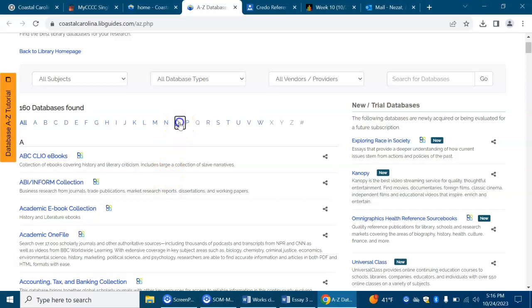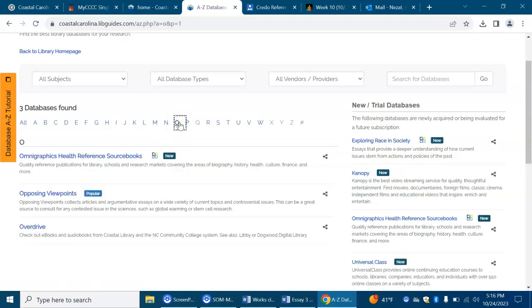So we're looking for opposing viewpoints. That's a very popular database, especially in a freshman writing class. Now, I want to remind you, we're not writing an argument persuasive paper. We're writing an information paper. But you can still look at opposing viewpoints to get ideas for sources and to get sources. So if we click into opposing viewpoints,